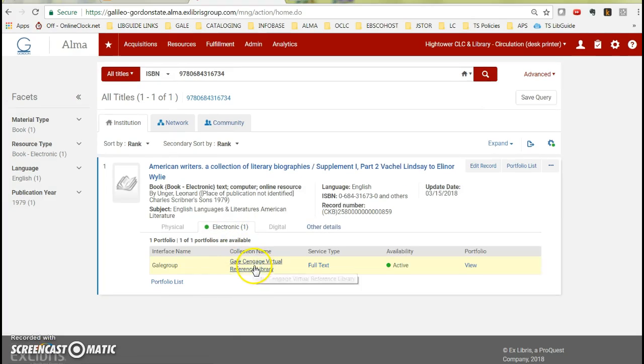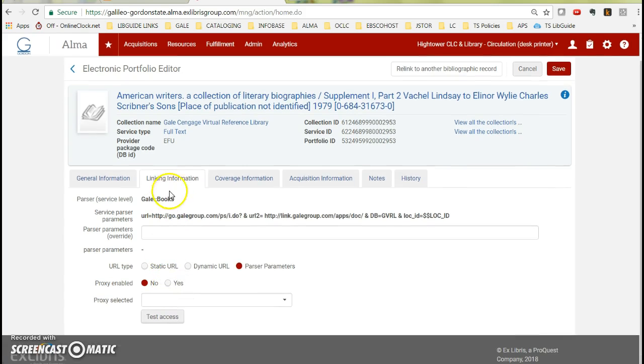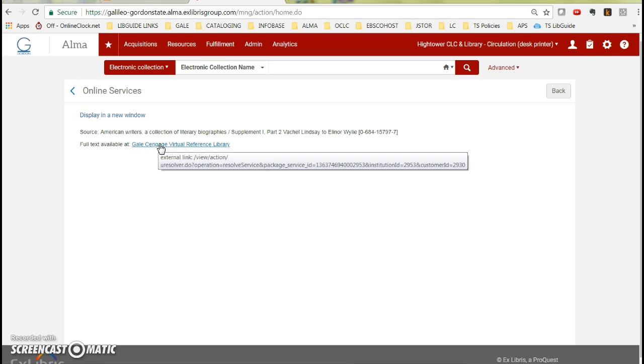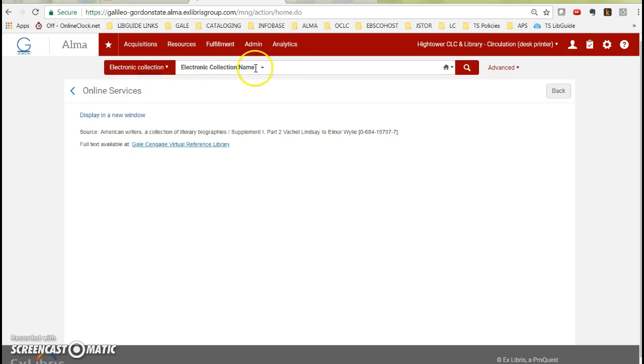Alright, so the next thing that you would want to do is go to the portfolio and make sure that the link actually takes you to the resource. So from the linking tab you'd click on Test Access, and we're going to click on this, and you'll see it doesn't open up the ebook, and you get a message that says the document you requested could not be found. That is probably because we need to go to